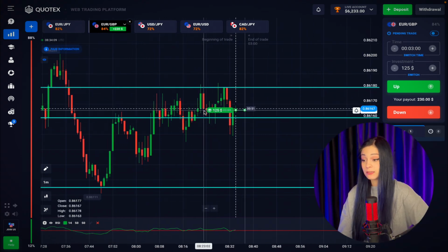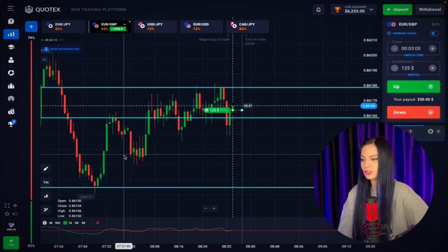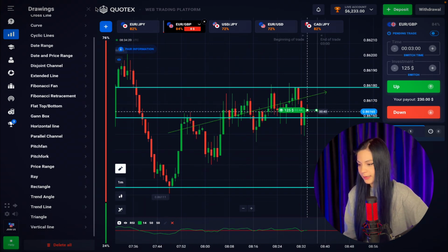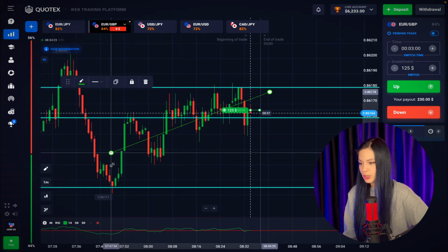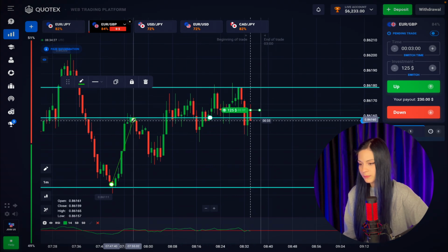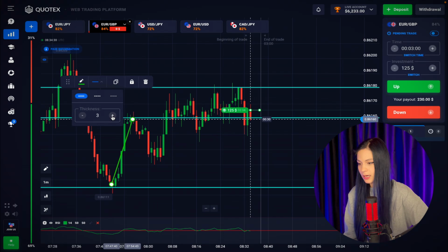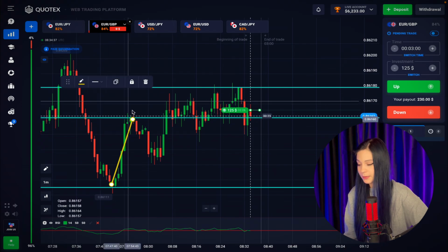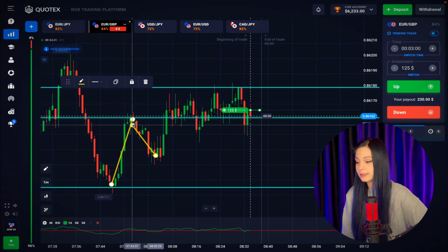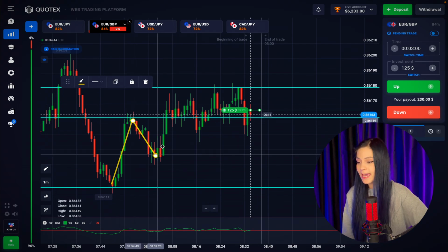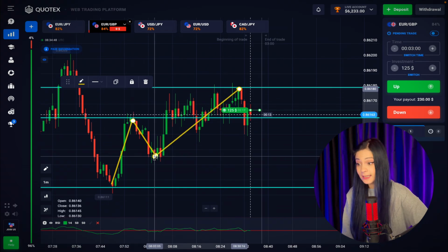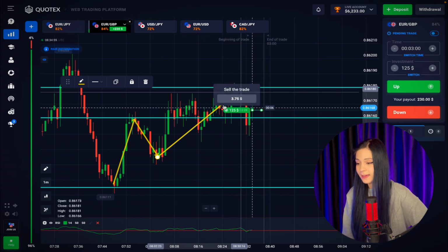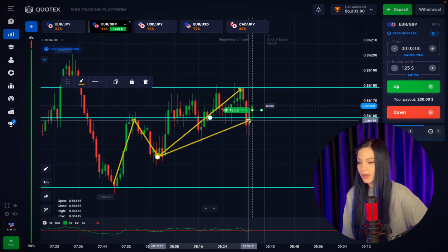We are opening our first deal right here. It's a bit risky, Euro GBP on the uptrend. So what's the logic here? Let's put our trend lines in, and I will show you the price movement. Right here, you can see that the price went up till this level, our key level. Let's make it a bit thicker and a different color. So the price moved up till the key level, then it went down somewhere in the middle of them. Then we see the price rising till the next key level, and the next movement is basically price going